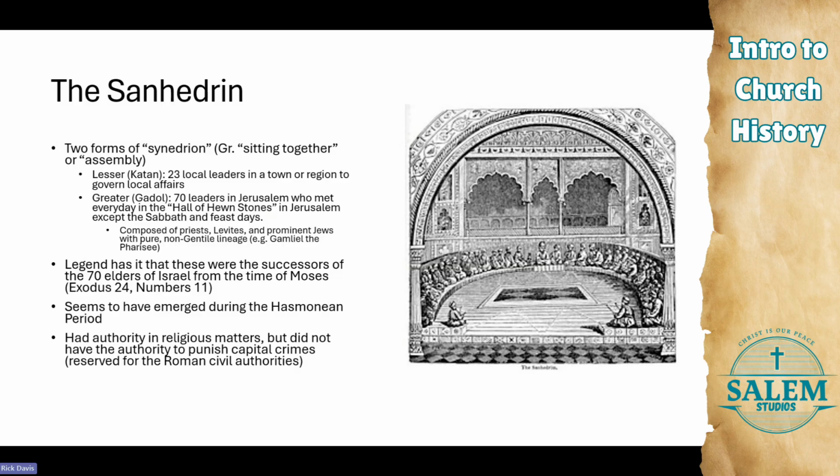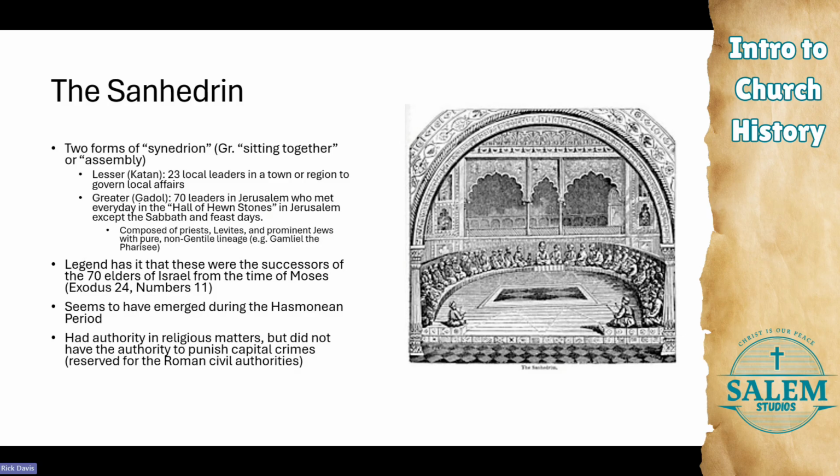However, the Sanhedrin actually seems to have probably emerged once again during the Hasmonean period. It had authority in religious matters, but did not have the authority to punish capital crimes. That was reserved for the Roman civil authorities, and that's significant for the narratives of the crucifixion that we see